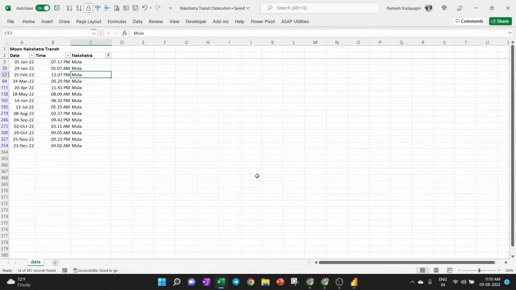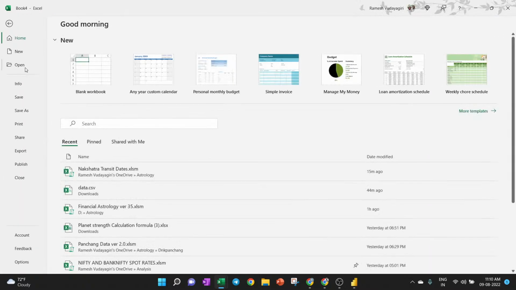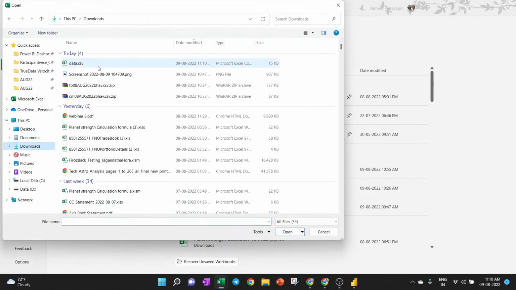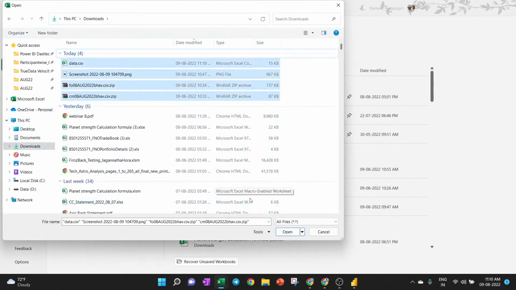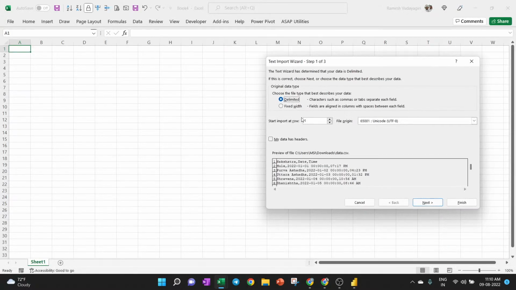Now what we'll do here, open a new data file. What we'll do is File, open, let me just open the location, downloads, data.csv, then open. So now here I wanted the proper formatting to be done, because everything is coming in